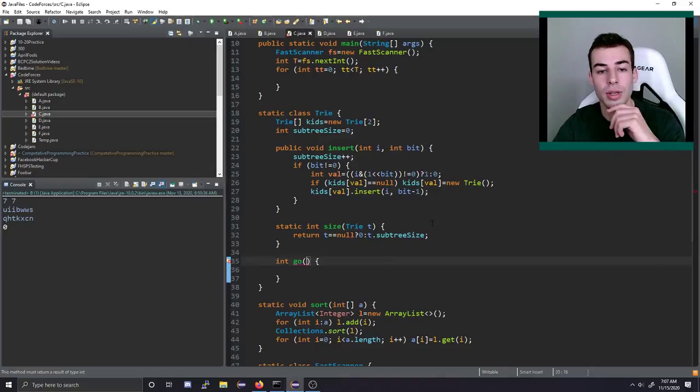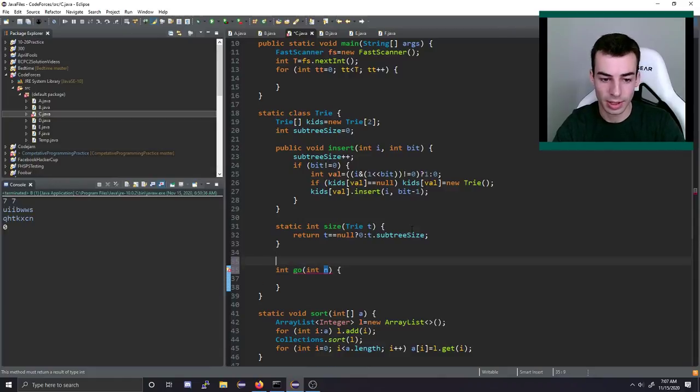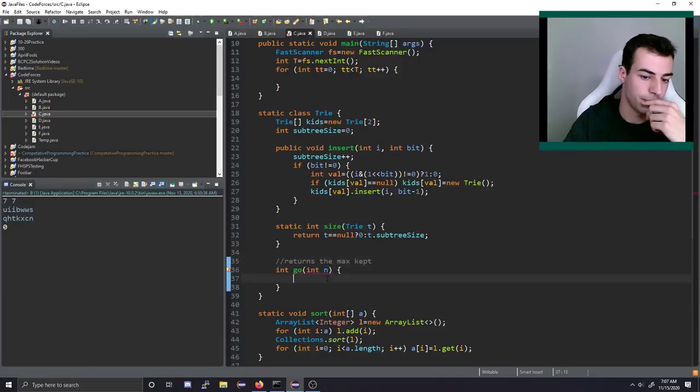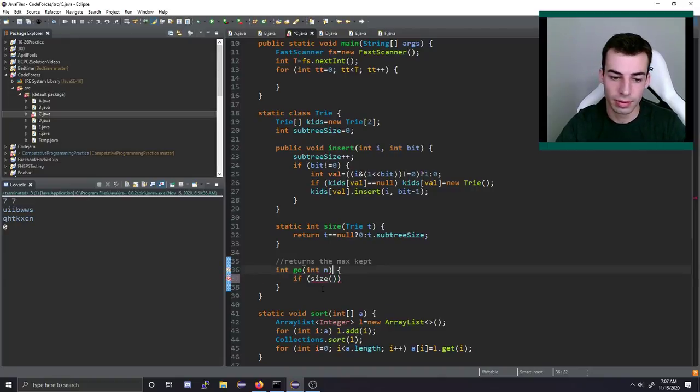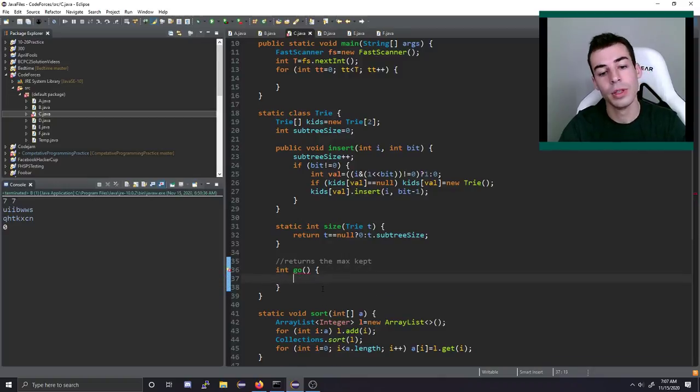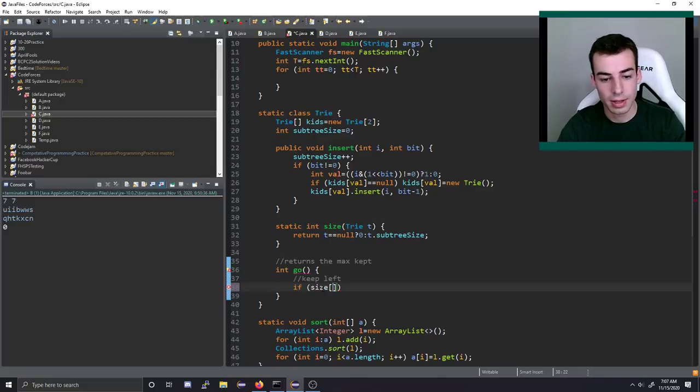Okay, so we need to pass in the number of skips. Well, what is this? This returns the max kept. We'll just do that. Alright, so if size of kids at 0 is greater than 1. Well, okay, so this is keep left. So if size at kids at 0